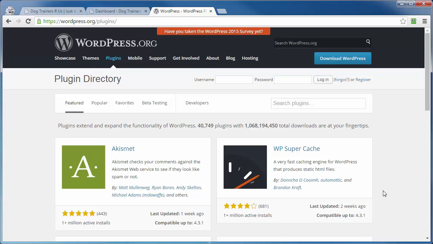A WordPress plugin is a piece of software that adds functionality to your WordPress site. This video is going to show you how to locate, add, and activate plugins for your WordPress site. Now there's actually a couple of different ways you can add plugins to your WordPress site, one being installing from